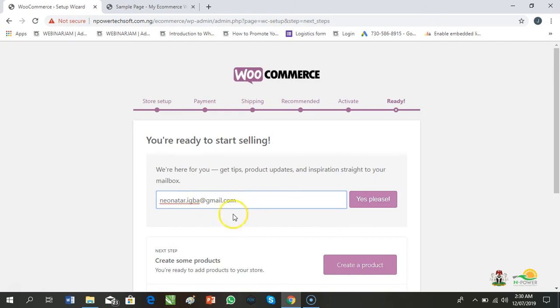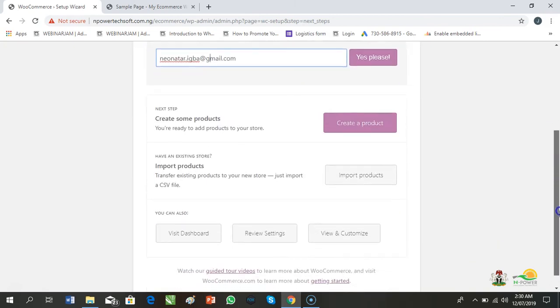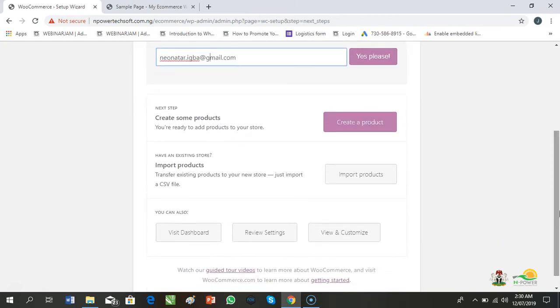So anything that has to do with somebody placing an order, this is the email I'm going to be getting the notification. So you are also supposed to put your email, whether it's Gmail or Yahoo Mail, please do not forget.